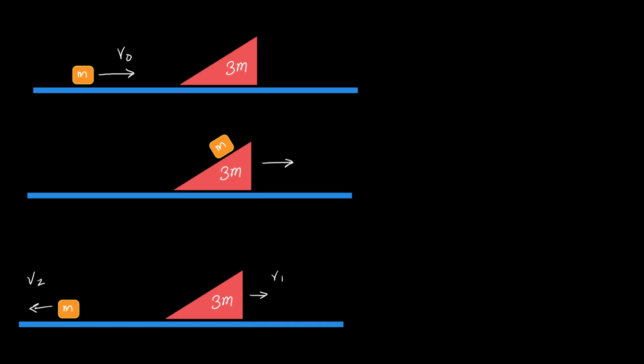Let me speak to some of the mistakes I'm seeing. There are two stages to this problem, and I've specifically picked them out. So there is the stage here between these two where the block makes it to the ramp and starts to